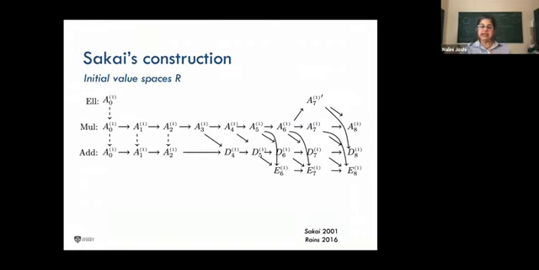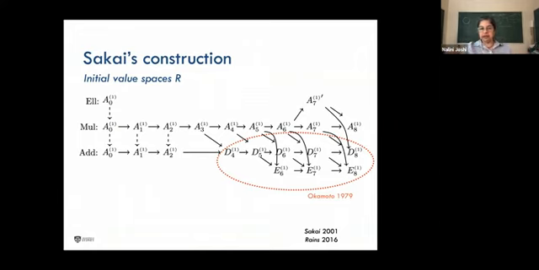and he likes to describe them in terms of a diagram which associates an affine Weyl or Coxeter group to each particular class. The L here means it's the one of elliptic type. Mul means multiplicative or Q type. So the Q discrete Painlevé equations lie in this line. And then there's the additive types, which are at the bottom. And the classical Painlevé equations are the ones that belong in the bottom right corner of this diagram.